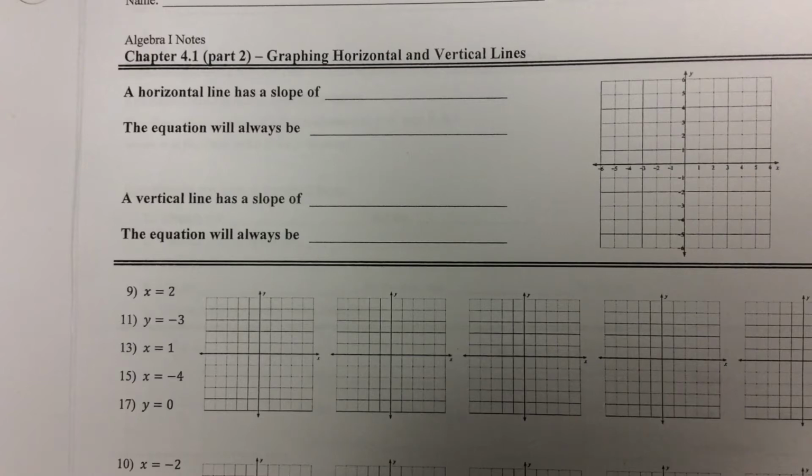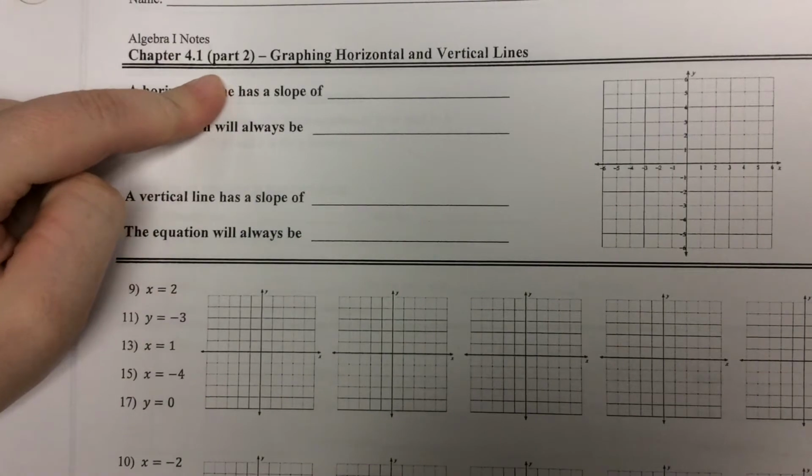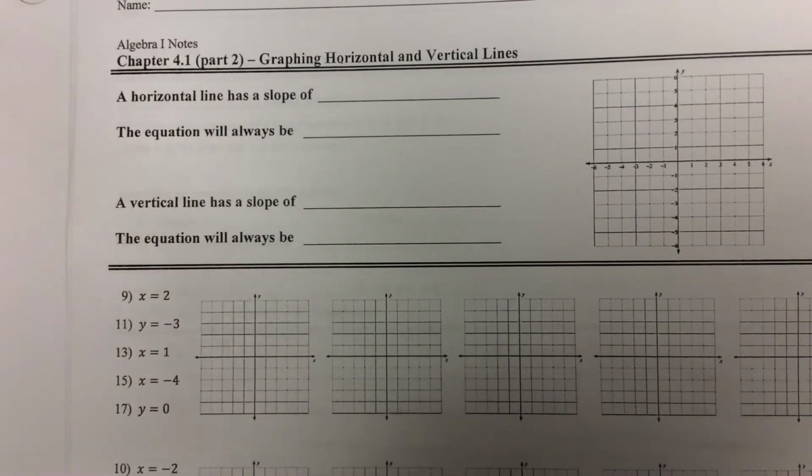Okay guys, we are back to concept 1 in chapter 4. This is the second part. Before we can move on to our next form of a linear equation, which would be slope-intercept form, we need to spend a little bit of time talking about horizontal and vertical lines, because up until now we've been looking